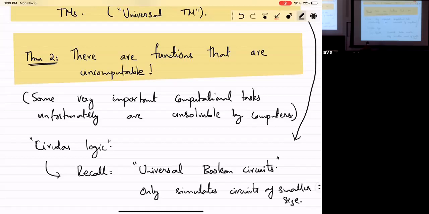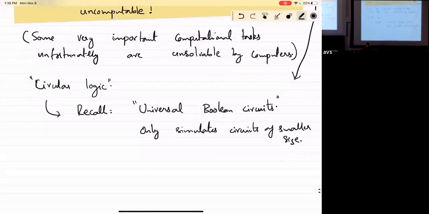But Turing's universality result is really mind-bending, because for a single Turing machine, there are a lot of competitions on how many states, how many instructions, how many alphabet symbols you can have.